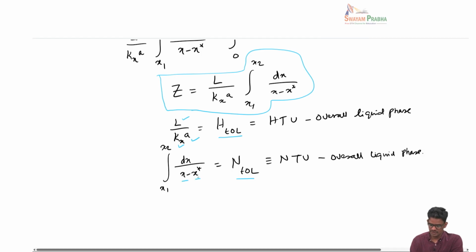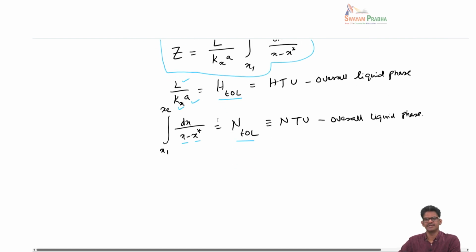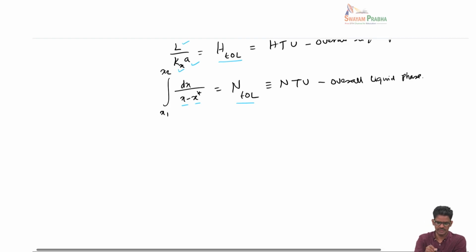And if I know this average driving force x minus x star, I can integrate this out, I can calculate the NTOL also. Right. Now since we are talking about a dilute mixture, this integral can be done analytically, which is what we are going to do now. So our calculation of NTOL,